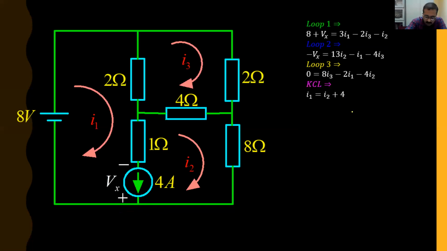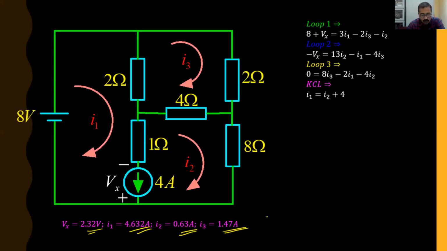So we have all the equations, and enough equations to solve for the number of unknowns. Which are the unknowns here? I1, I2, and I3. If you want, you can find Vx. So your Vx is 2.32 volt. I1 is 4.632 ampere, I2 is 0.63 amperes, and I3 will be 1.47 amperes.